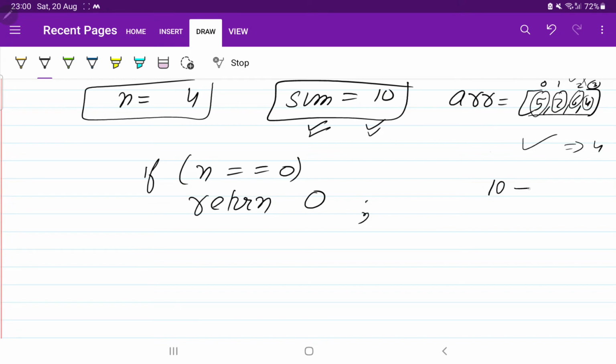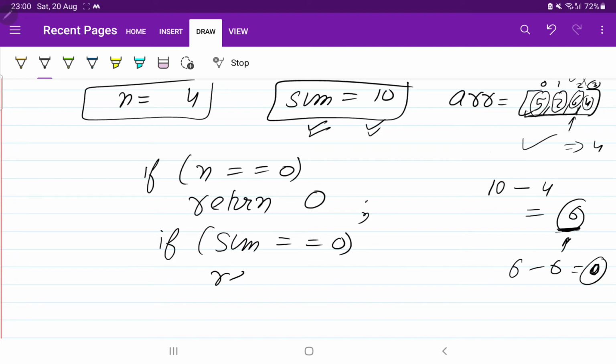So now you have to see whether in this array we have 6 or not. Our sum is getting decreased. If 6 exists, then yes, true. Suppose we also decide that we need to choose 6, so 6 minus 6 will become 0. Now our sum has become 0. It means we have got our required sum. So you can say like this: if sum equals 0, what do we have to return? Return 1. It means we have got the solution. This is our base condition.